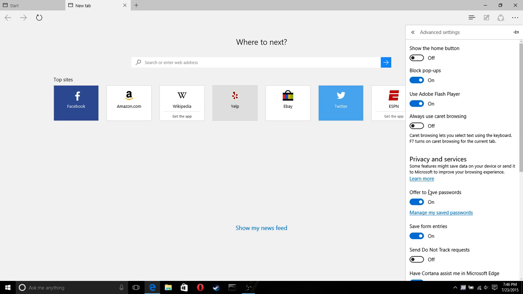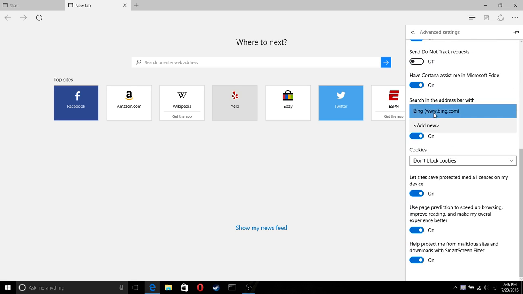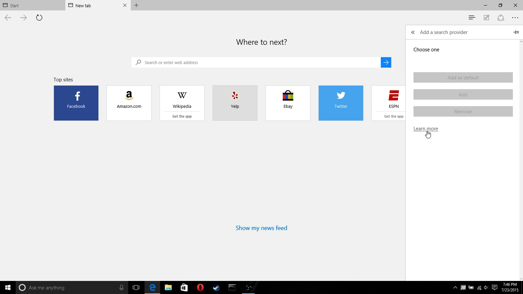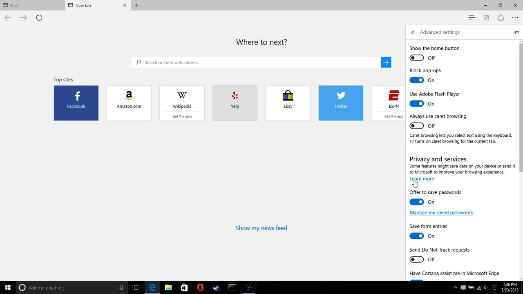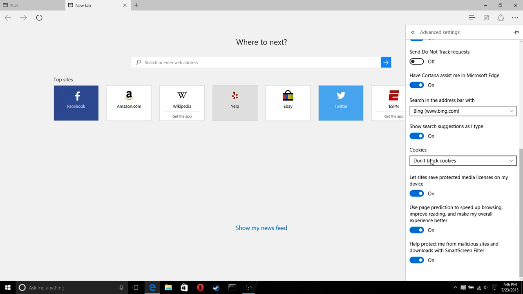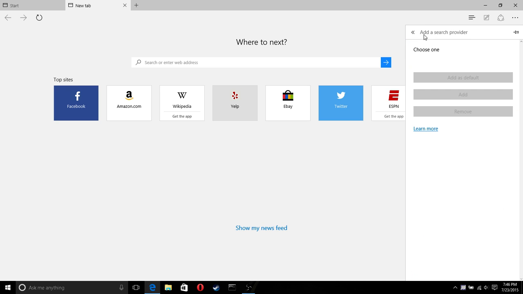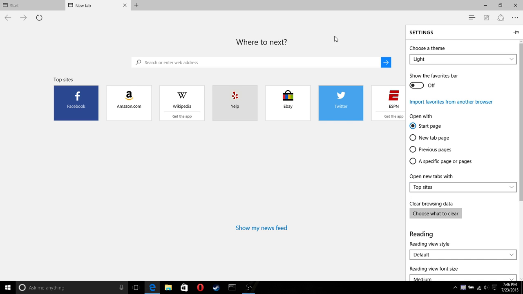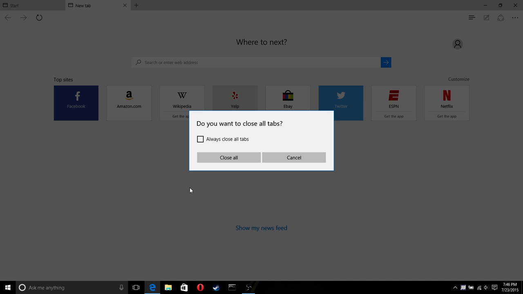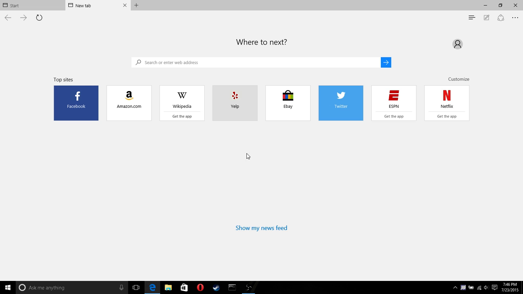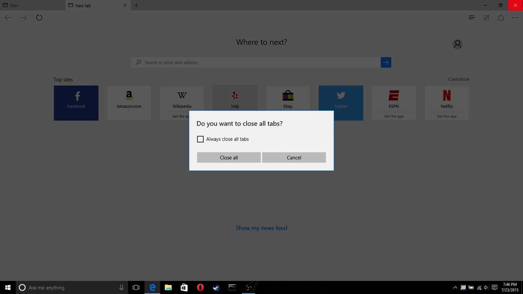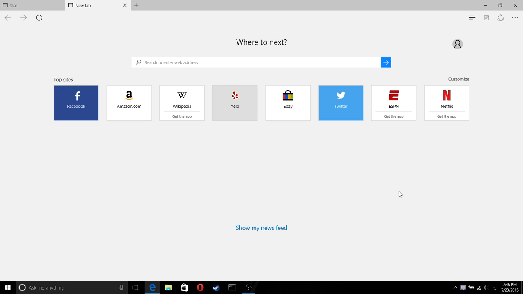Last time I checked this, you had to go under advanced settings, and then you cannot add new to actually change the options there, but you can't change it off of Bing, which I'm really hoping they will change. I think Google will have a couple issues with them doing that. Of course, you've got the "do you want to close all tabs" prompt, and then we have a couple of nice